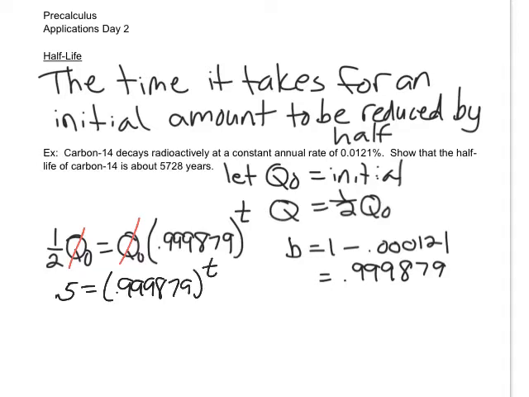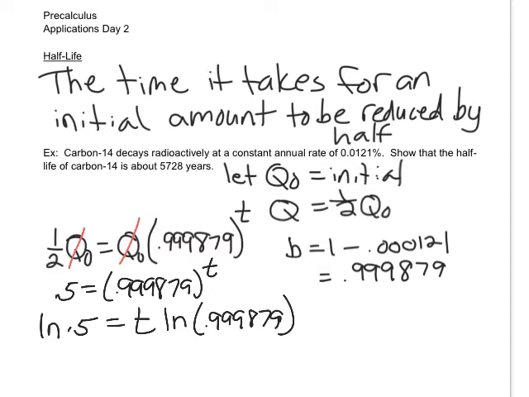I can take the common log or the natural log of both sides. The natural log of 0.5 is equal to t times the natural log of 0.999879. So if I divide both sides by that,